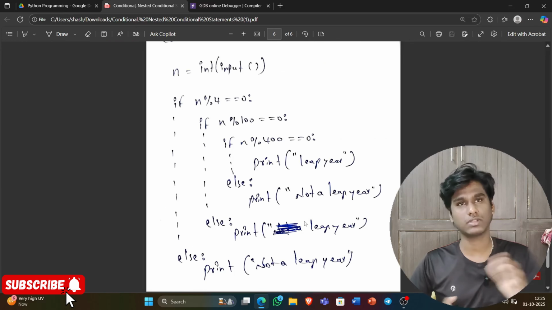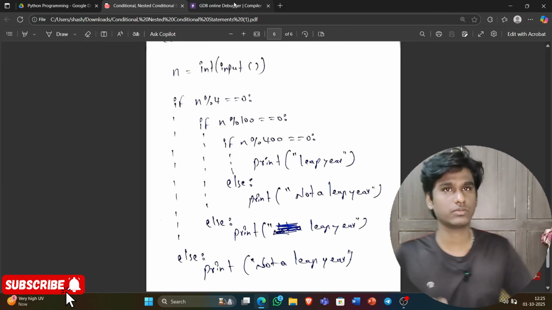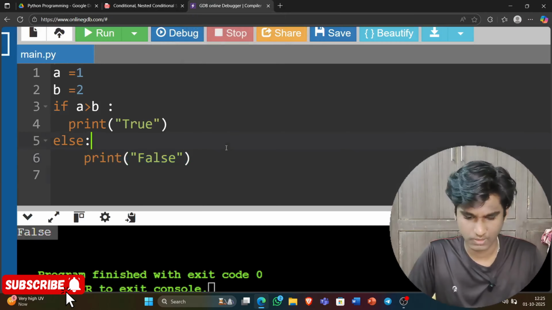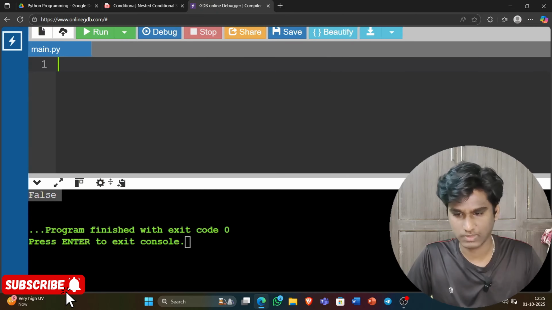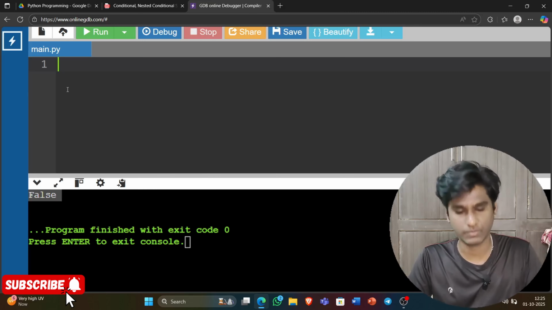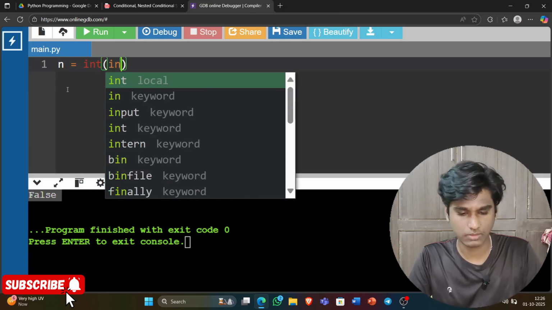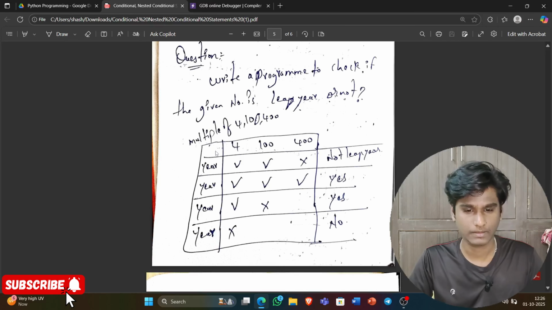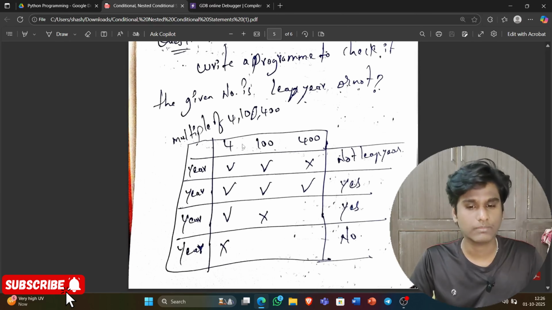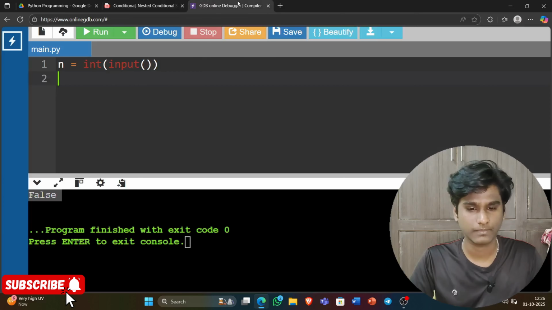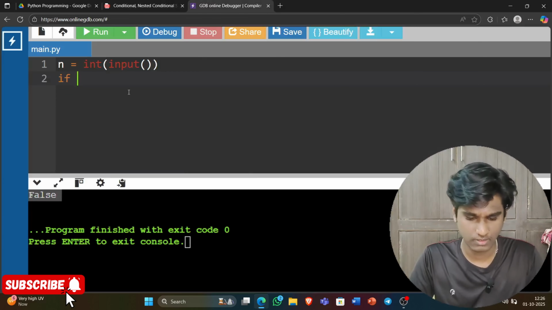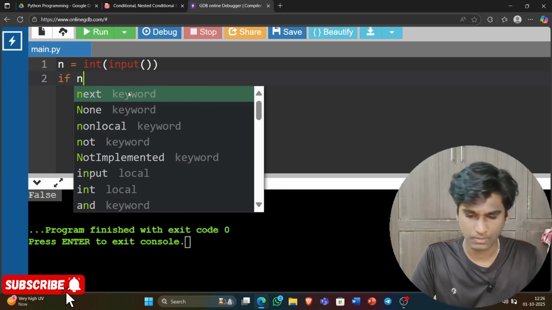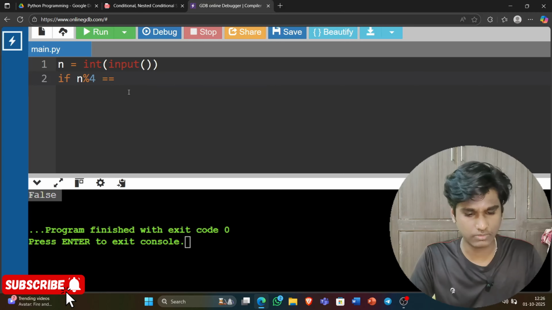I will execute this code in the compiler and show you the common mistakes we make. First, let's execute the code. Let's take input from the user. n is equal to int of input. See, if it is divisible by 4, if n modulo 4 is equal to 0,